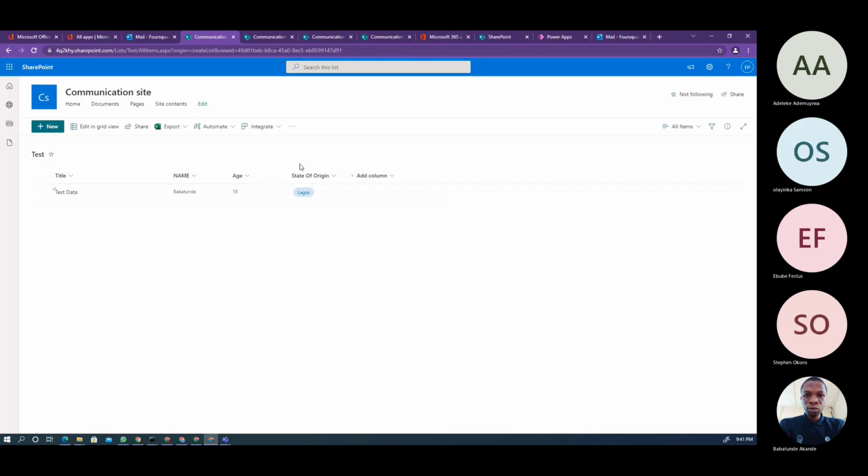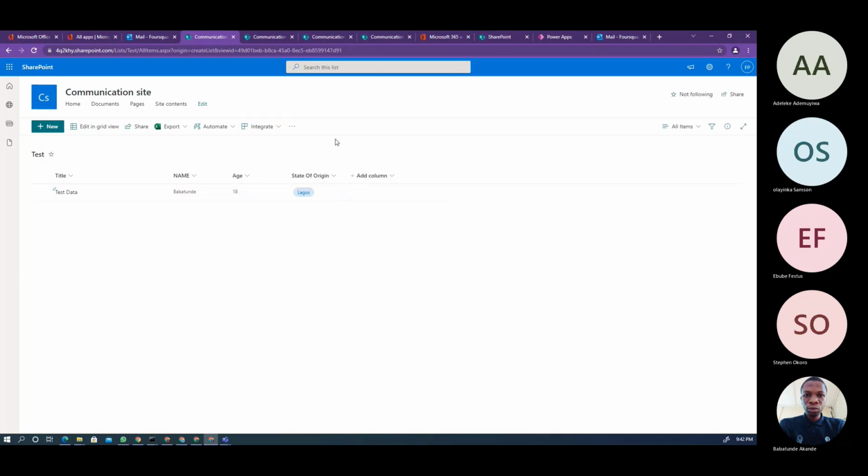So all of this, we are going to be using it later on when we are building our app, because this is going to be where we start from. Based on whatever app we are going to create, we need to set our database, which is going to be this SharePoint list, put in all of the information that we have, the columns, the rows that we want. Then we can go ahead and create our app from it and connect that app to this data source,